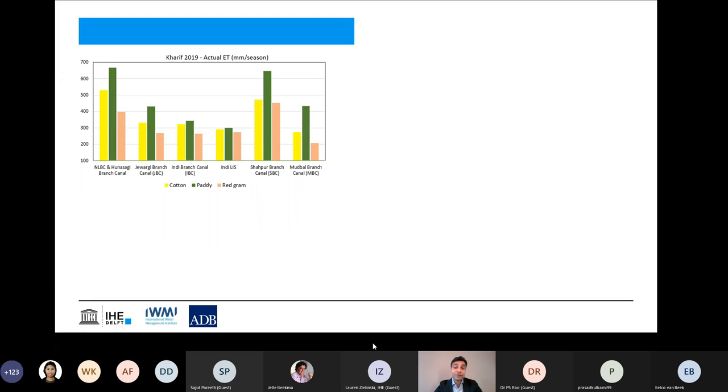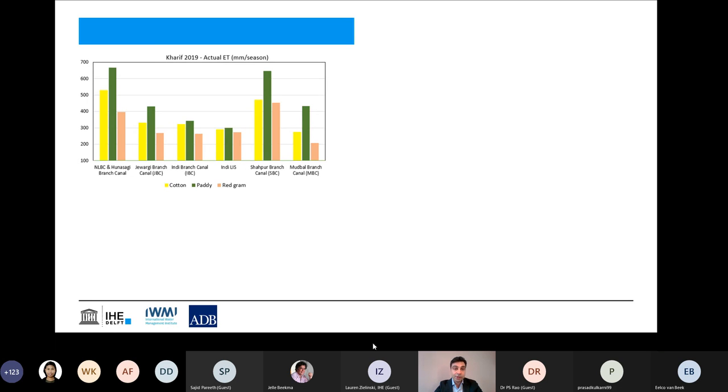You can also extract information based on the geophysical scale that you are interested in. So you pick up your area of interest. You can derive statistical data now for each crop that you have for any section that you want. For instance, this is the actual evapotranspiration for 3 crops within the same scheme in